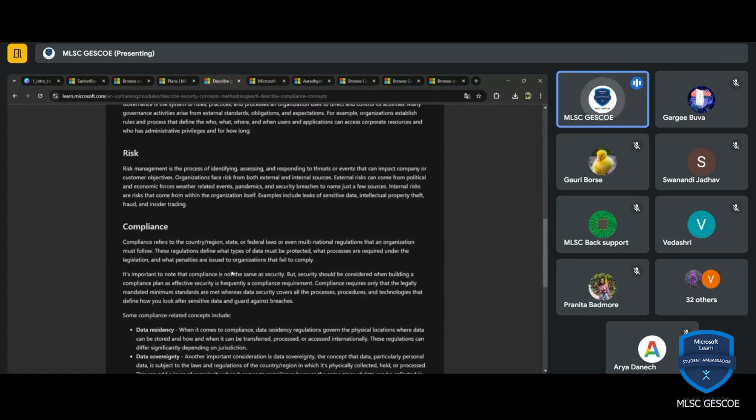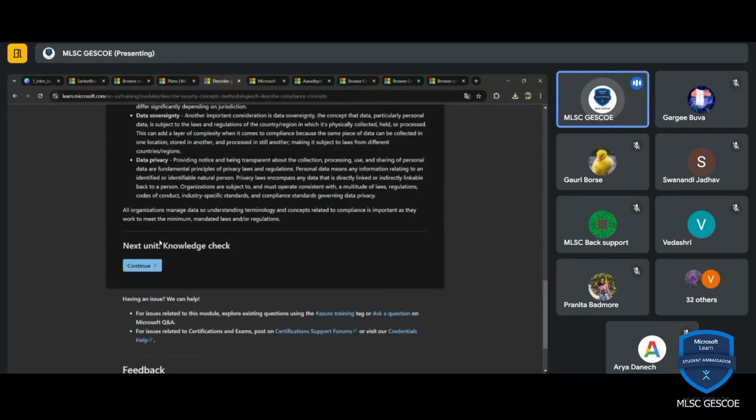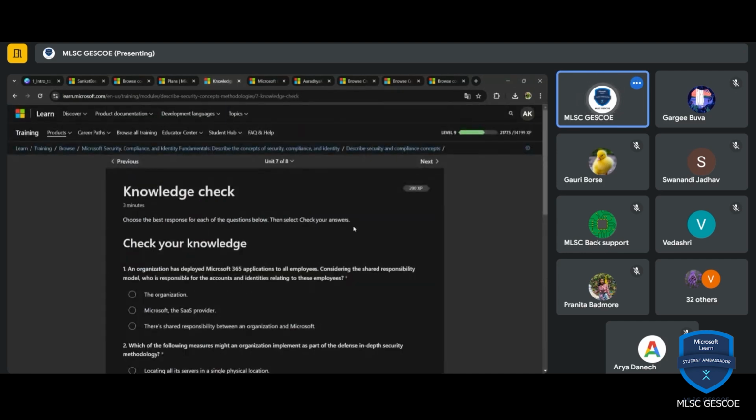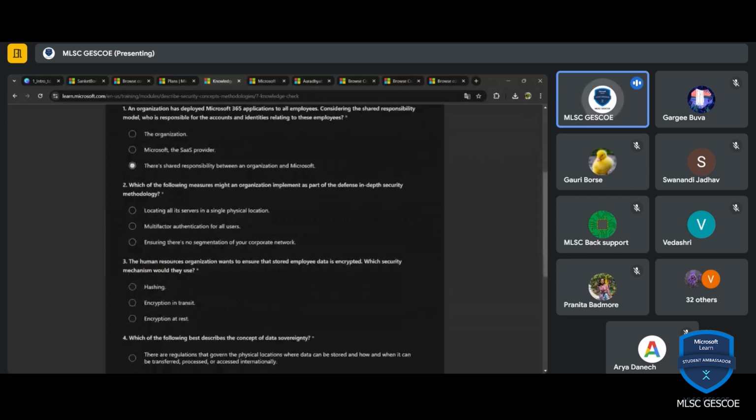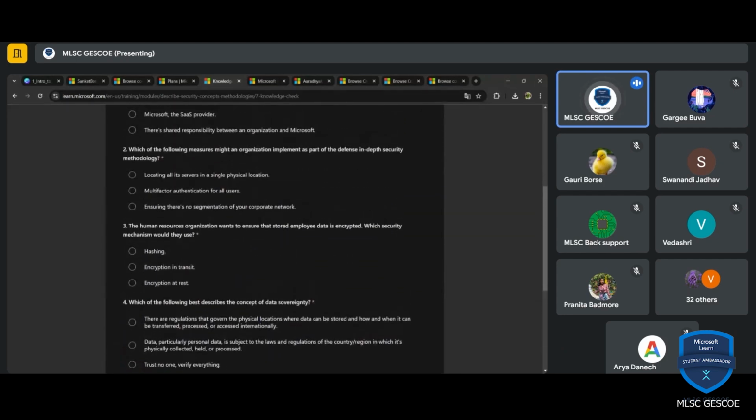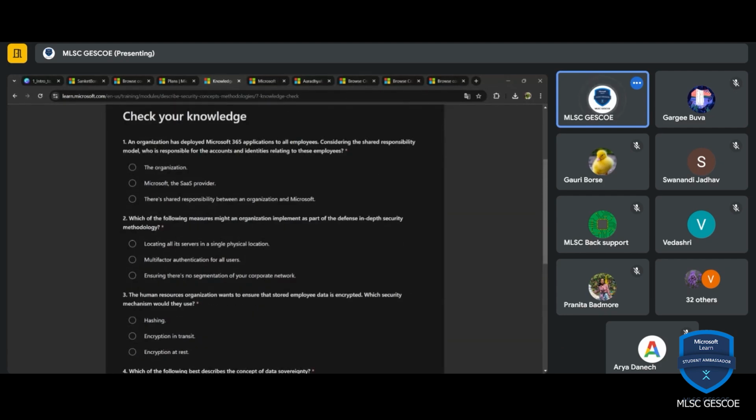This is, I guess, the last page to read. And as I said, Microsoft Learn offers you different learning platforms, and at the end of every module, you can check how much you have learned. So the second last part of a module is your knowledge check. Here they will ask you some questions regarding the concepts discussed in this module. You can select them. I'll just select random answers right now,